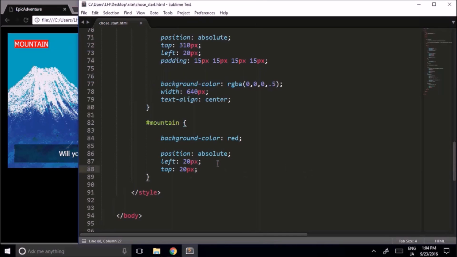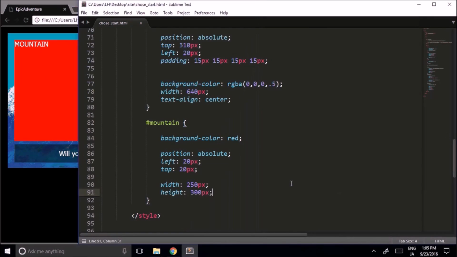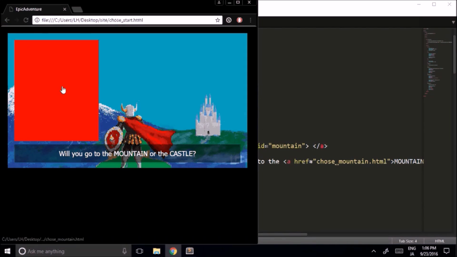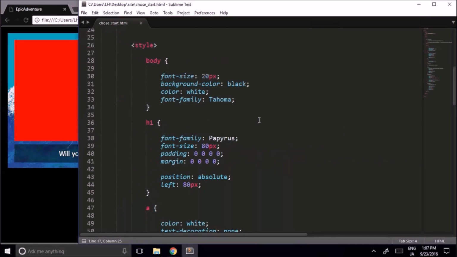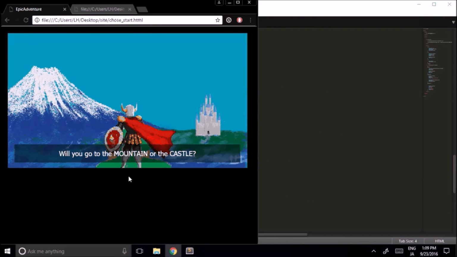Next, let's give it a width and a height. About 250 pixels for the width, and for the height, let's make it 300 pixels. Now we can get rid of the text. Just put a space here. And we can get rid of the background color. But how will the player know that they can click